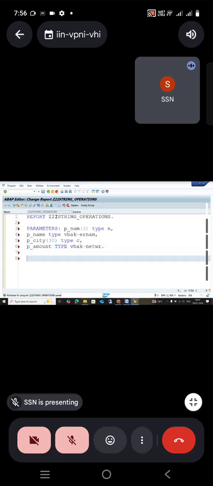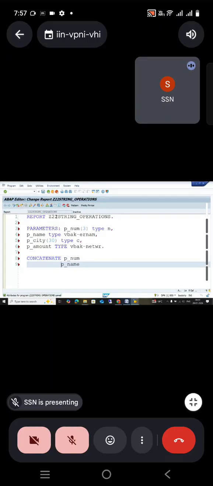For example, I'm just taking some parameters on the selection screen. I want to combine and store them in a string. Combining means concatenate. Concatenate is the keyword, with p_num, p_name,